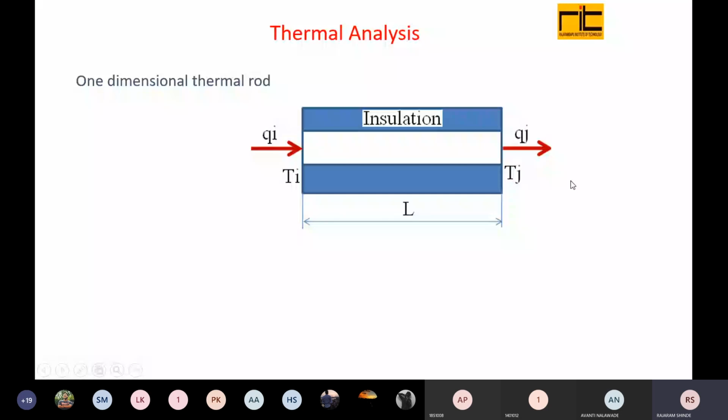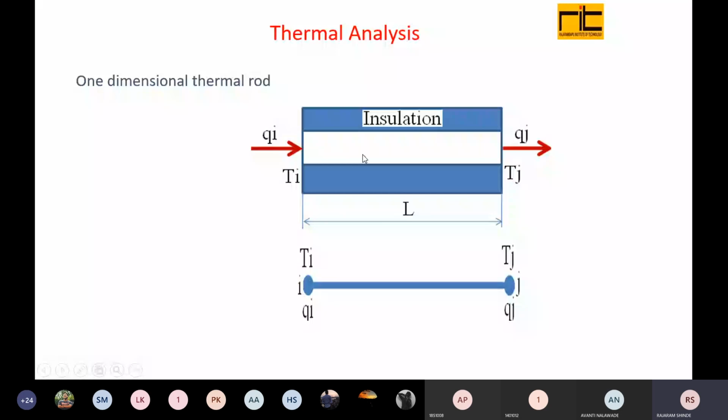Our first step is discretization. Now for discretization, here I will show you by only one element, because you have uniform area. But in case of thermal analysis, sometimes we need to take more elements, but I will start with the single element, then we will solve the problems on multiple elements. Now I will discretize this by one element. See, this is the one element discretization of this thermal rod.